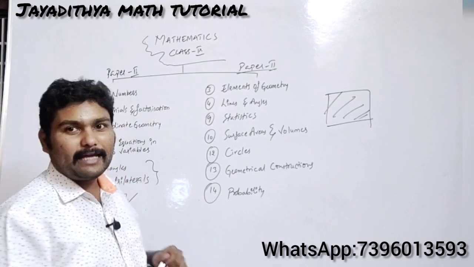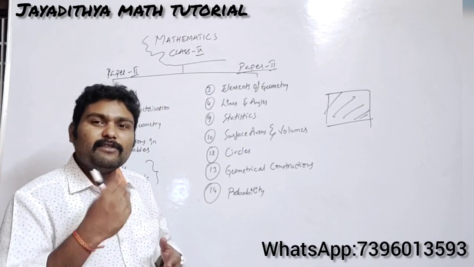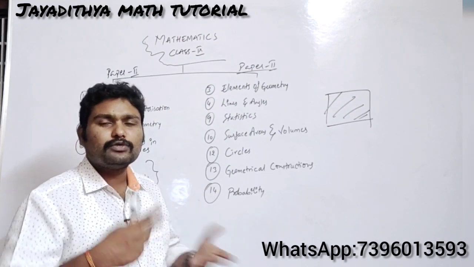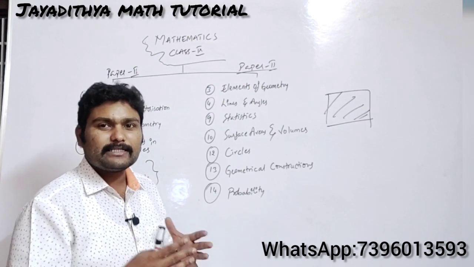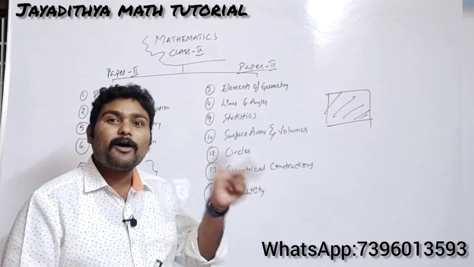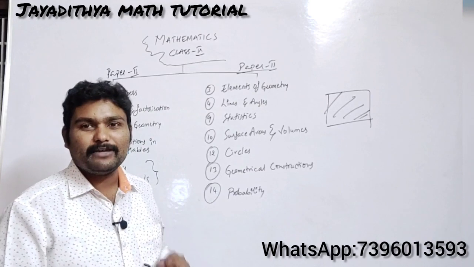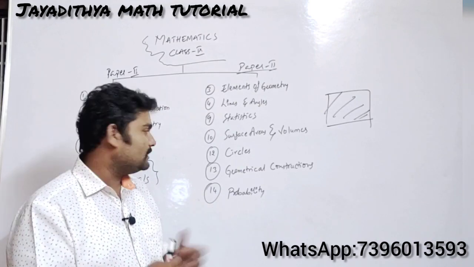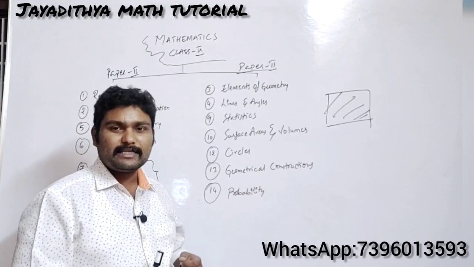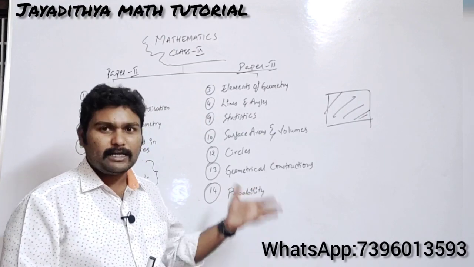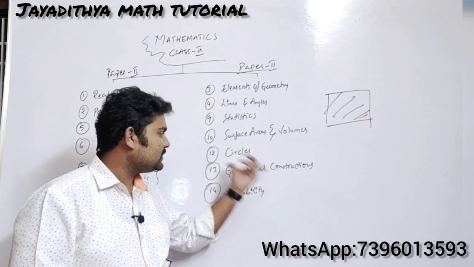You will be learning about triangles here. You can construct a triangle when 3 different sides are given, or 2 sides and 1 angle are given. But here the sum of 2 sides, or the perimeter of the triangle, will be given. So how do you construct such triangles? This also will be a very interesting chapter. Here you will have hardly 5 models. If you practice those 5 models, this chapter is completed.